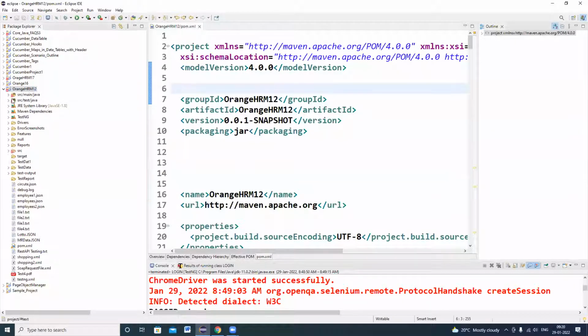So that means to execute your Selenium programs, you require the Java version, the Selenium supporting libraries and the TestNG supporting libraries. Without these supporting libraries, your programs cannot be executed at all. So make sure the JRE System Library, Maven Dependencies and TestNG are available in your project root folder. That is the basic point.